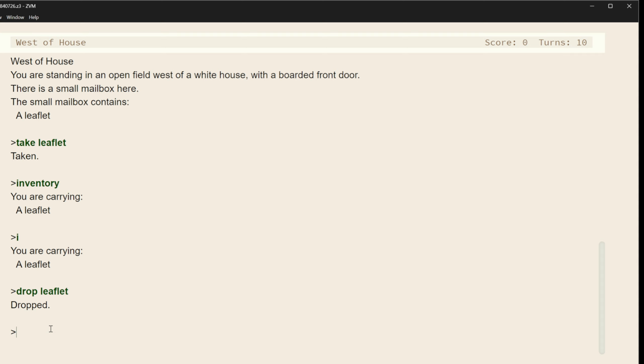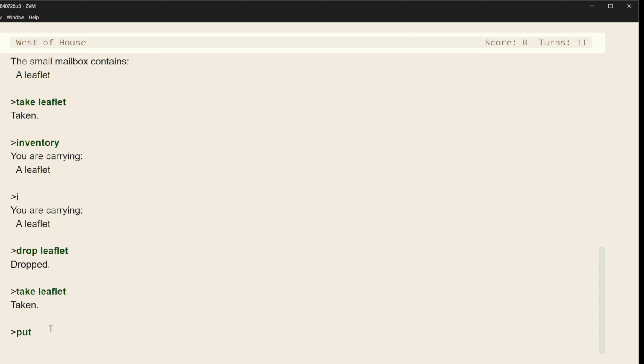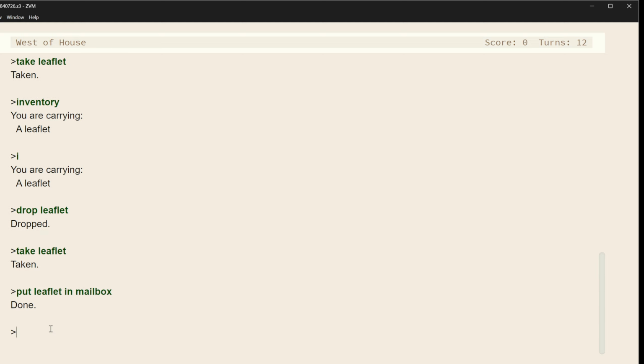And there are cases where actually two nouns, or to go back to our grammar yet again, a direct object and an indirect object. Let's try that real quick and see if we can. We can put leaflet in mailbox. Done, right? So this is a complex construction using a direct and indirect object.